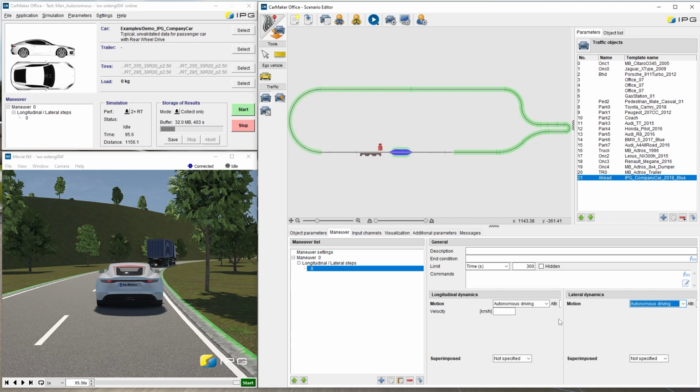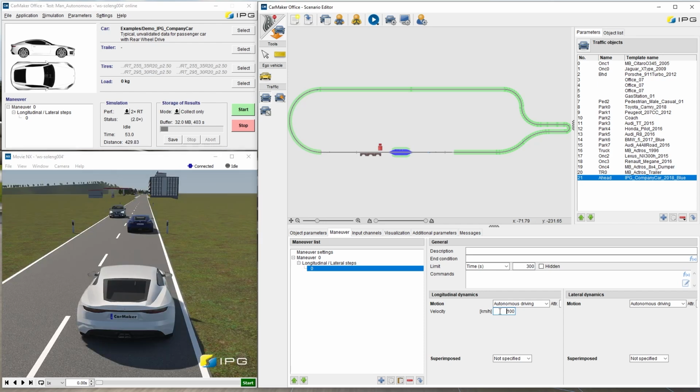This will cause the traffic driver to be used. This behaves like the IPG driver. And we set the speed here to 100 km per hour. So the driver tries to reach it, but depending on the environment, e.g. speed markers, etc. The settings are enough to use this vehicle for our use case.